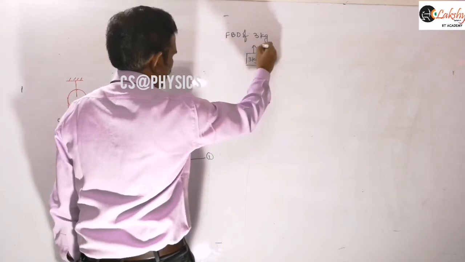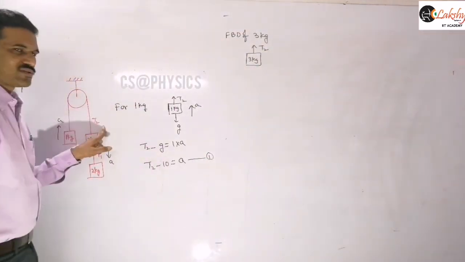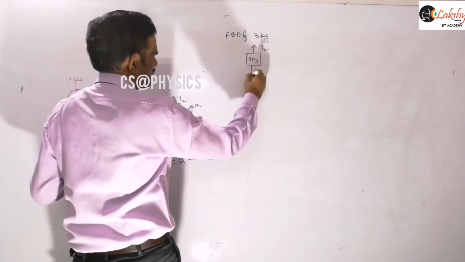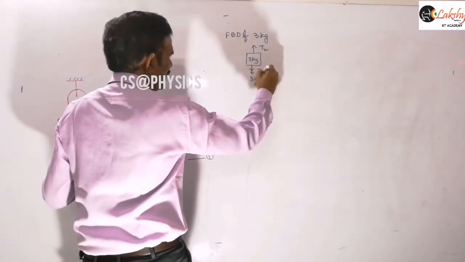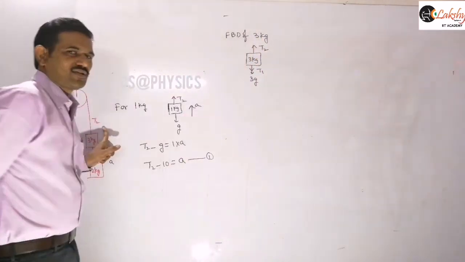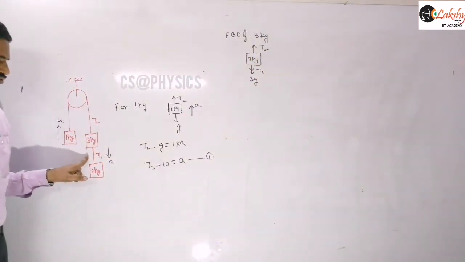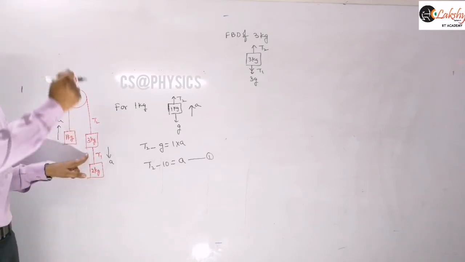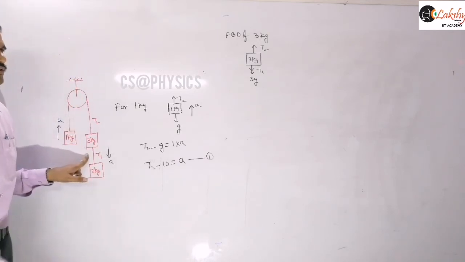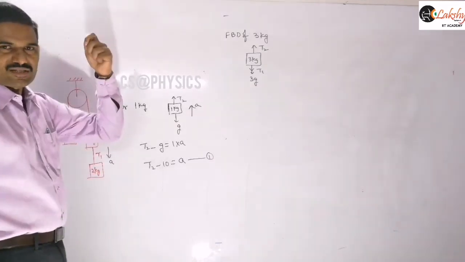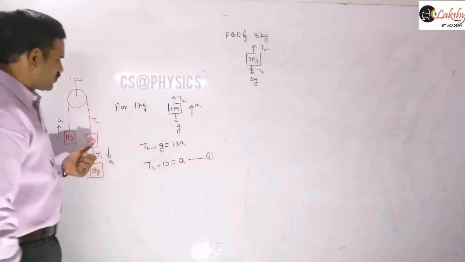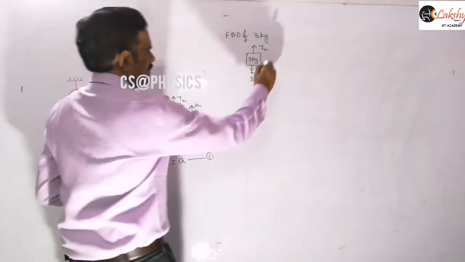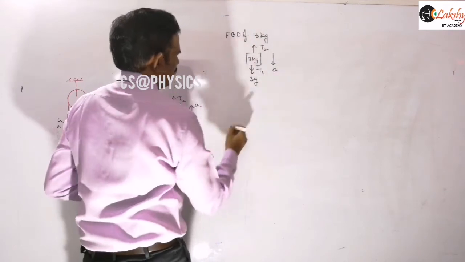So now for this 3 kg block, T2 is acting upwards here. M2G is there, that means 3g is there in the downward direction. And in addition to that, one more tension is there that you need to observe here. One more string is connected, so that string will pull that block in the downward direction. That is the direction of T1, right? Because it can't push, the string will pull that block only. And so under the action of these forces, this block is moving down.